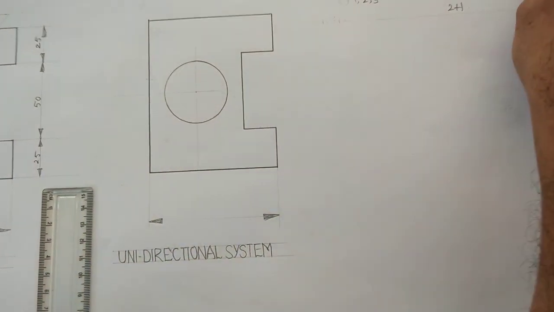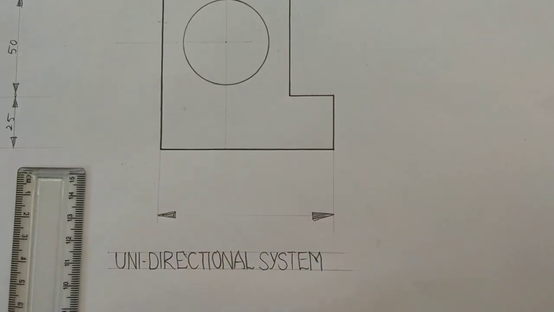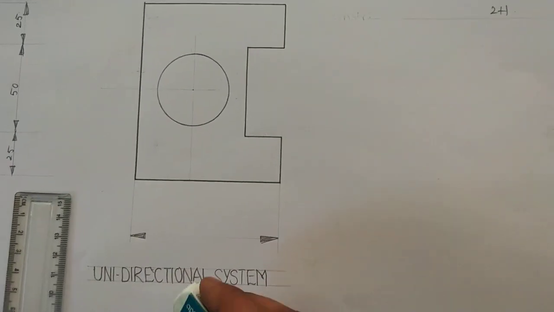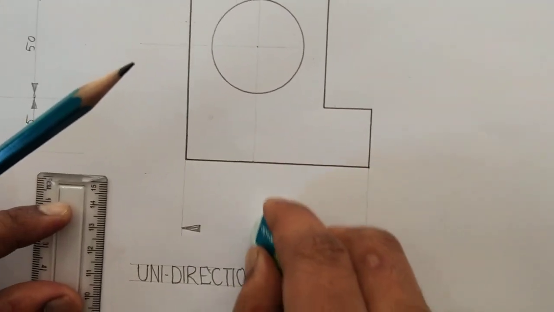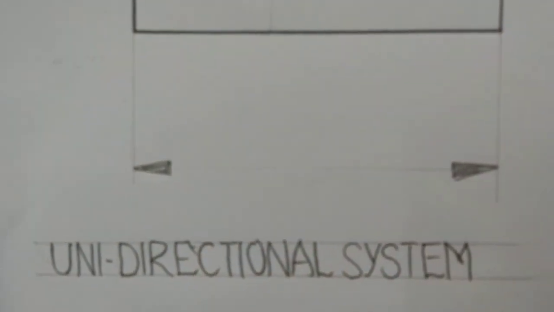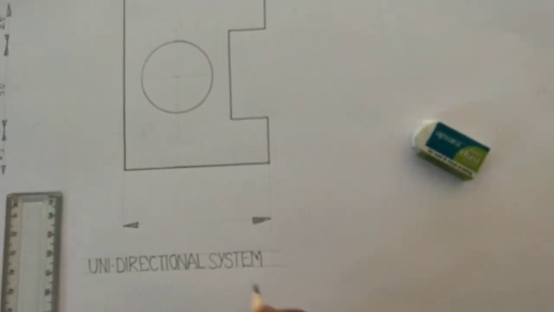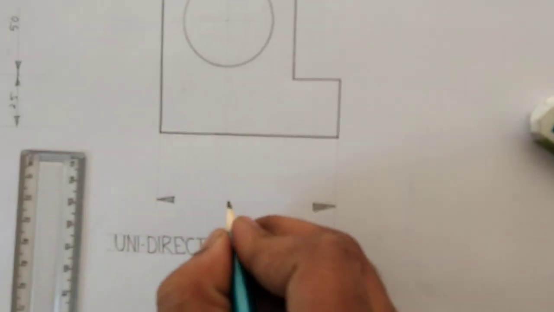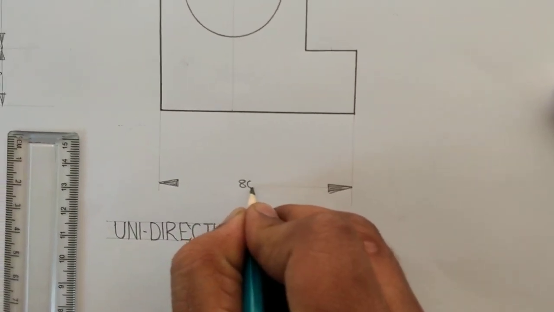After that, don't place the dimensioning figure in the middle and above the line. For the purpose of inserting the dimensioning figure, the dimensional line will be broken. So exactly at the middle of the dimensional line we should erase. Then place the dimensioning number, that is 80 mm. We can write 80 mm here.